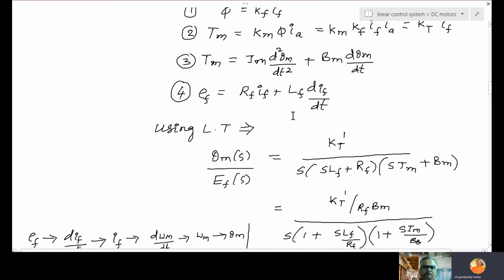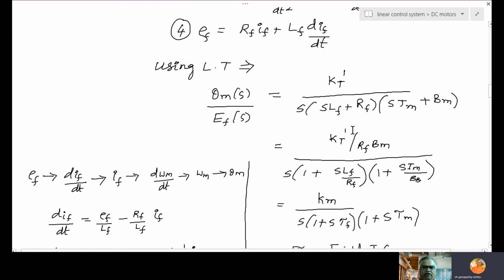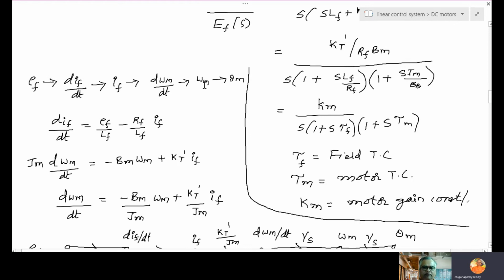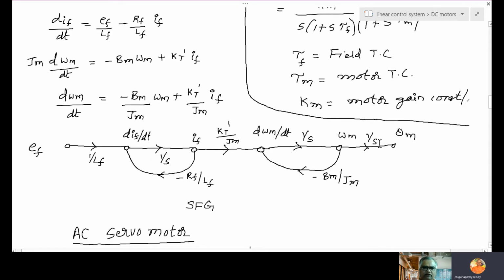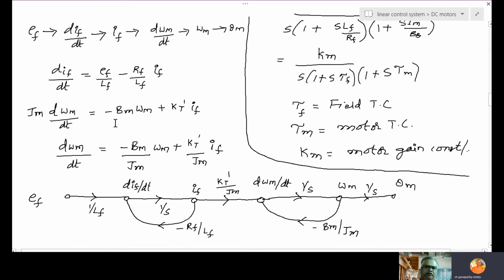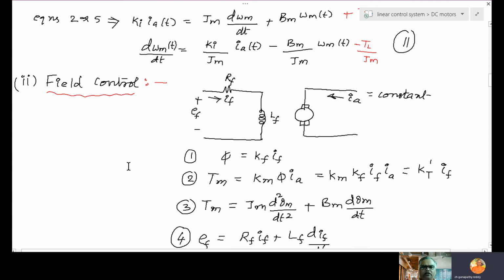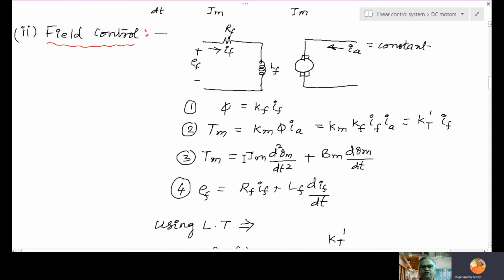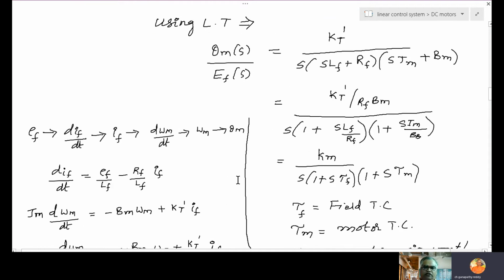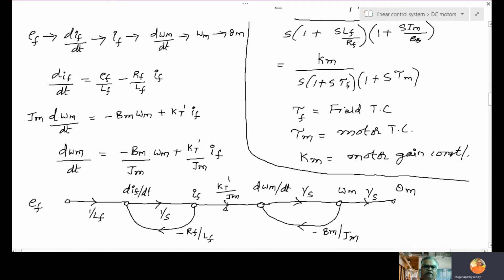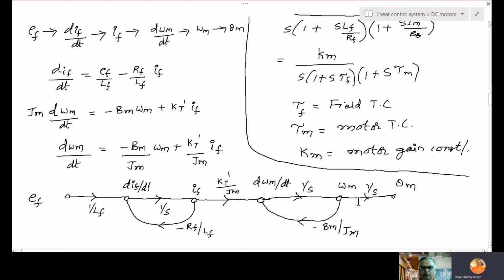Writing equations is important, then apply Laplace and solve. This order you remember, and show the signal flow graph and manipulate those time equations, and directly you can get it. So nothing much to learn by heart. What you can learn by heart is this equivalent circuit and these equations. The rest of the things you can obtain automatically, conceptually, logically, using common sense.